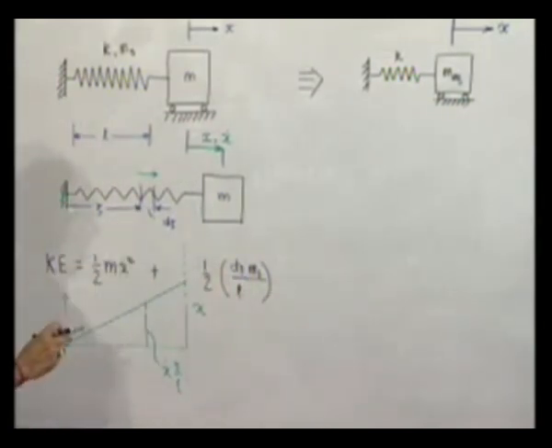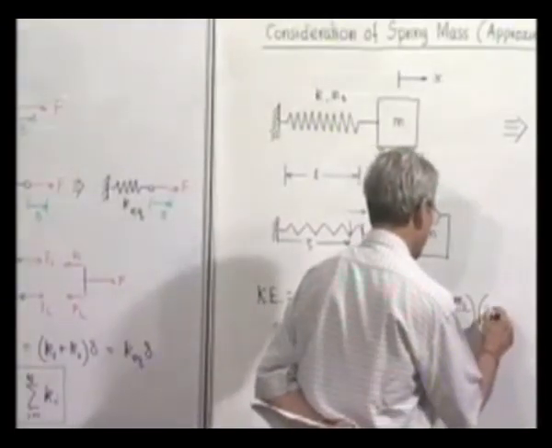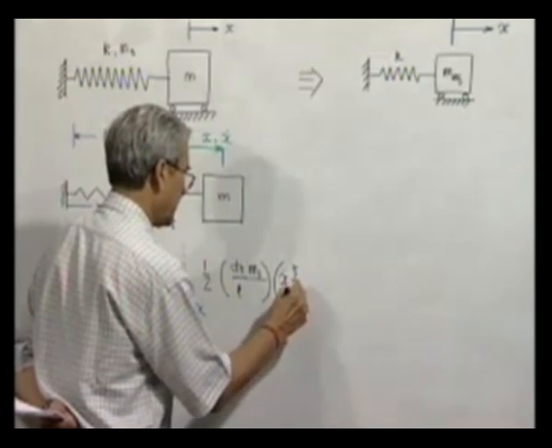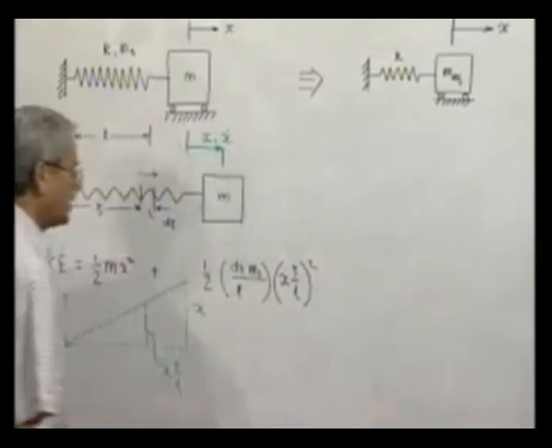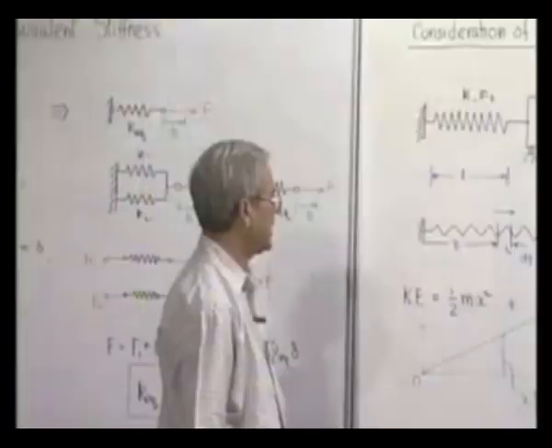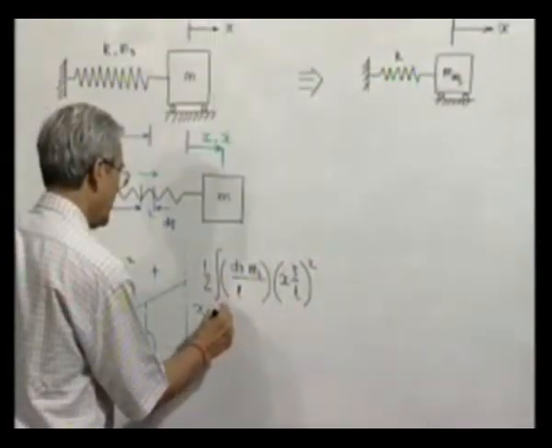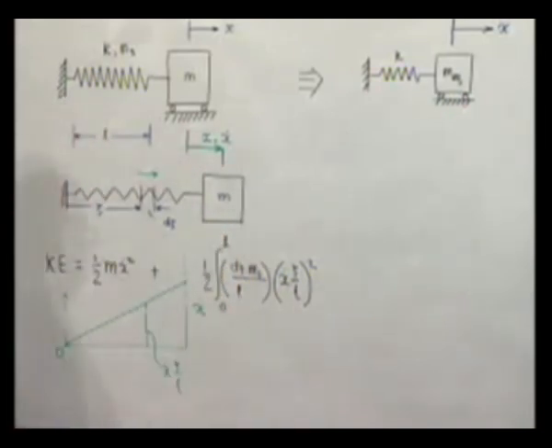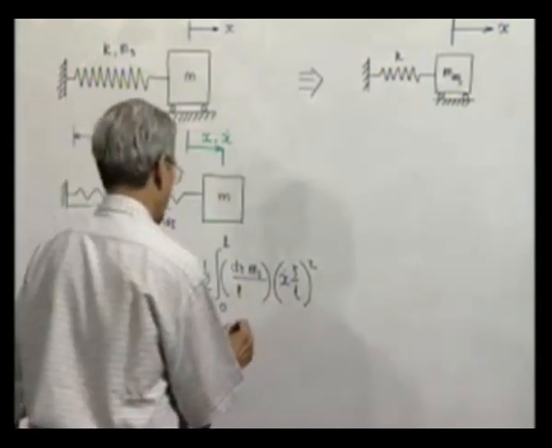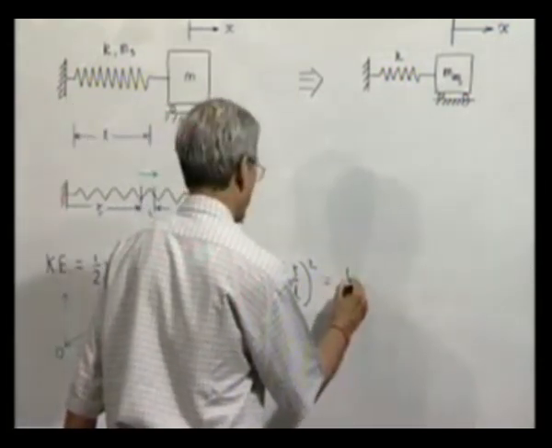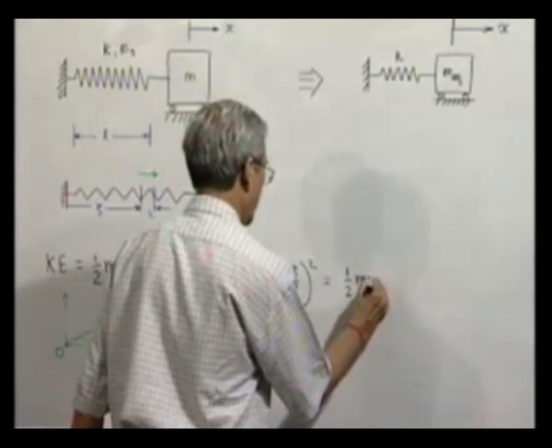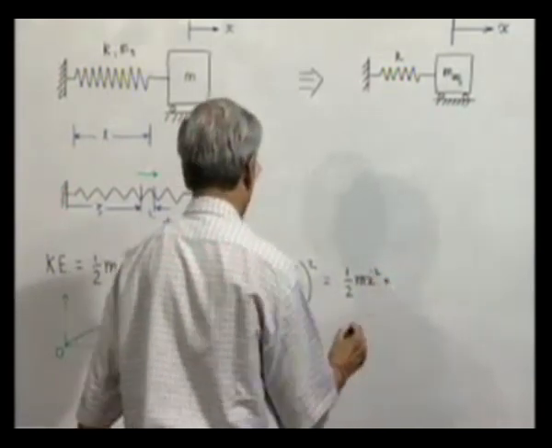What is the velocity of this element? We have found out x dot into zeta by L. So, the square of that. So, this is the kinetic energy of the element. So, the kinetic energy of the whole thing will be the sum total of the kinetic energy of all the elements. That means we can just integrate. How much is that? This is half m x dot square plus half